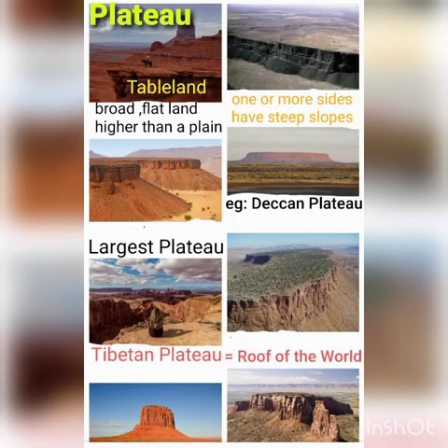A plateau is a broad, flat land that is higher than a plain. One or more of its sides have steep slopes. A plateau is also known as tableland. They are rich in minerals. Example, Deccan Plateau. The Tibetan Plateau, also known as the Roof of the World, is the largest and highest plateau in